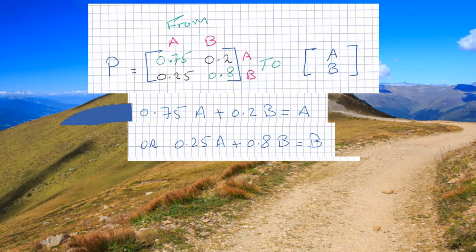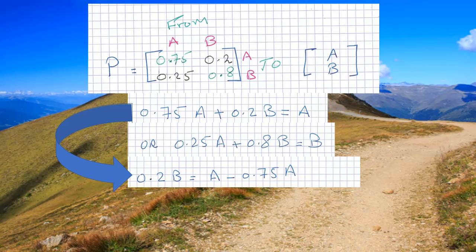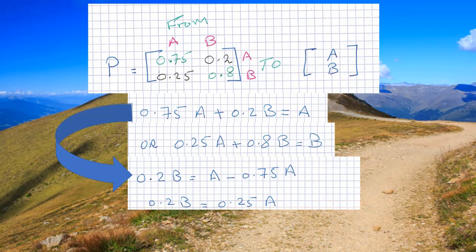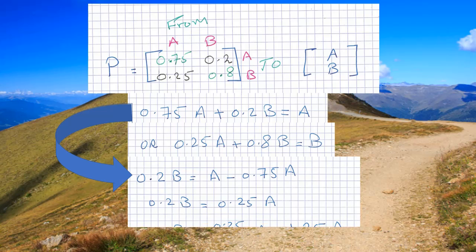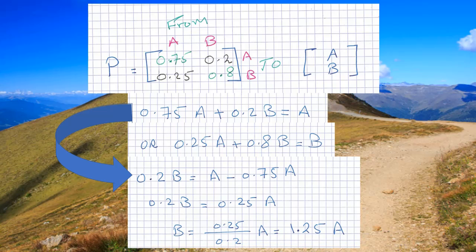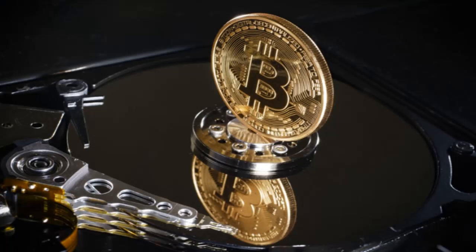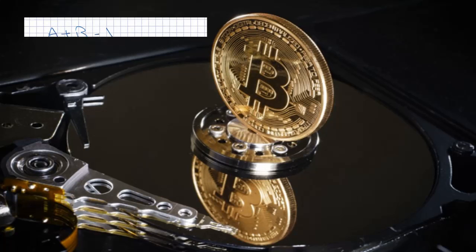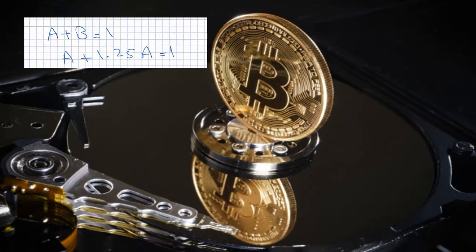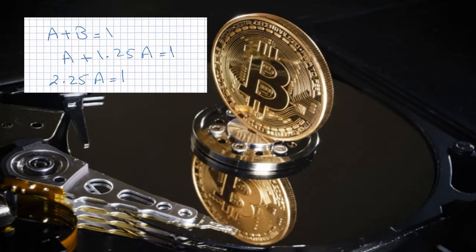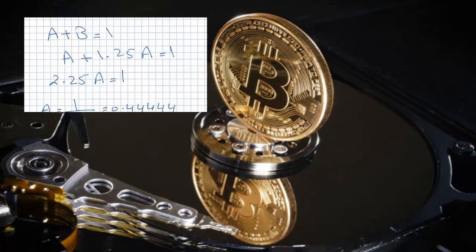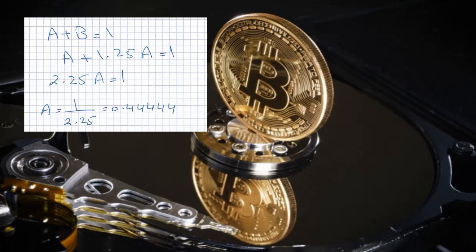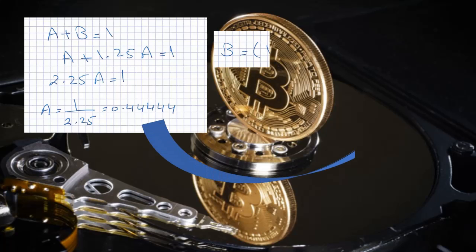Let's use the first equation, so shifting a's to one side, 0.2b will equal a minus 0.75a, and that will be equal to 0.25a. So we divide by 0.2, and the net result will be that b equals 1.25a. Now we plug in this equation, a plus b equals 1. We use this equation because the customers are either in A or in B. So by substituting the value of b by 1.25a, that results in a equal to 0.4444 and b equal to